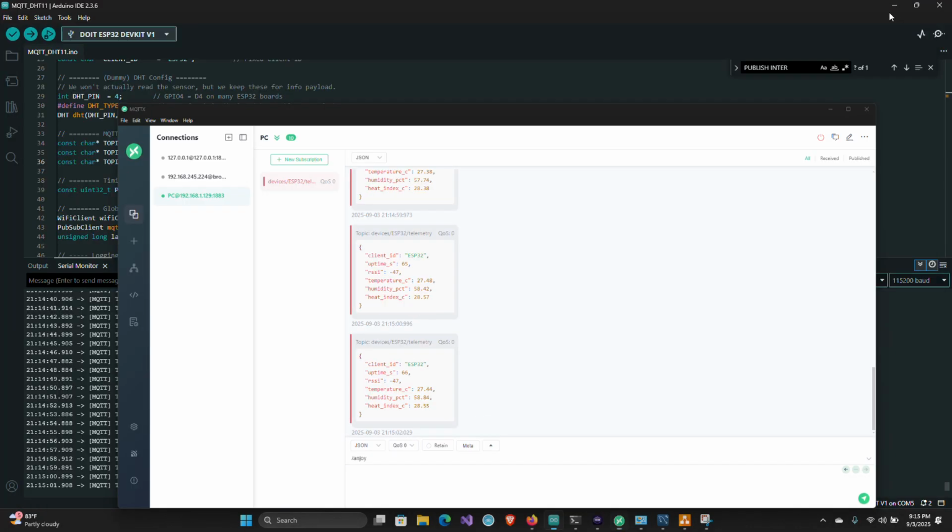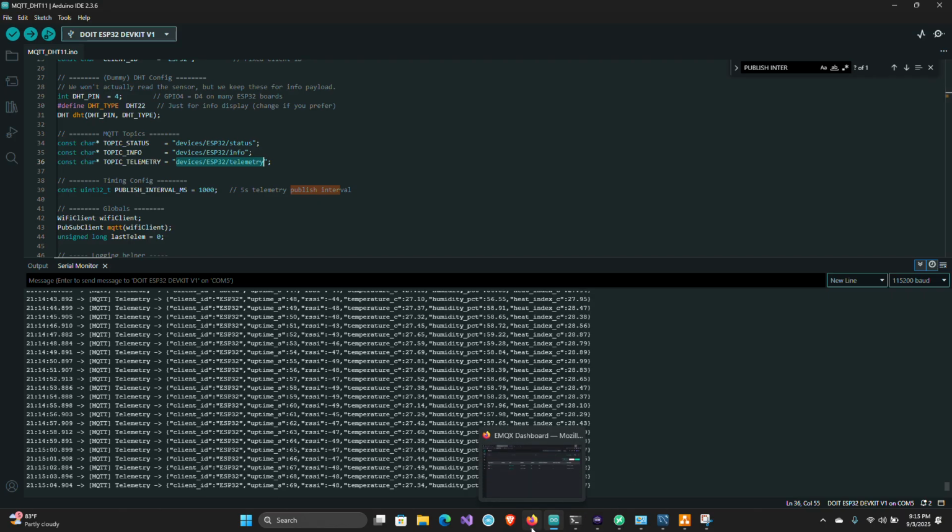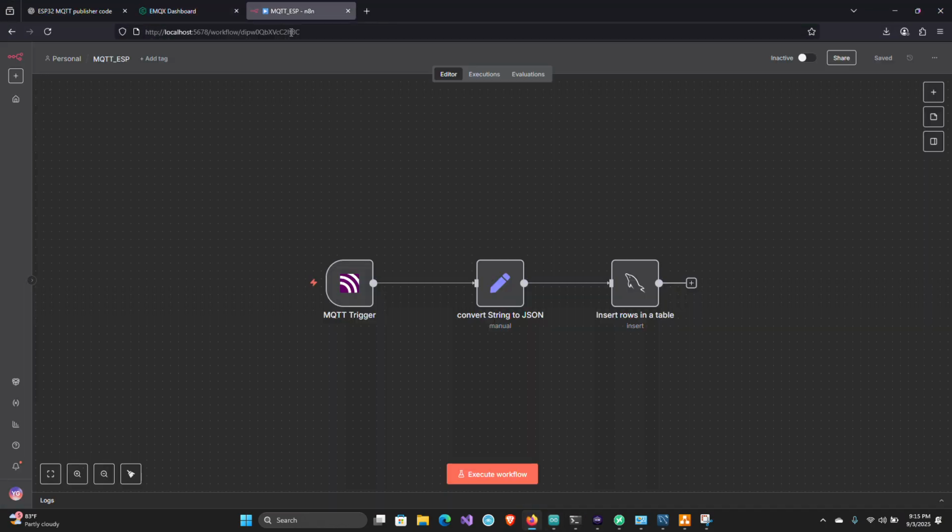And then we move on to N8N here. There are 3 nodes that I'm using here: MQTT trigger, and then JSON parse here, and then MySQL node to insert.